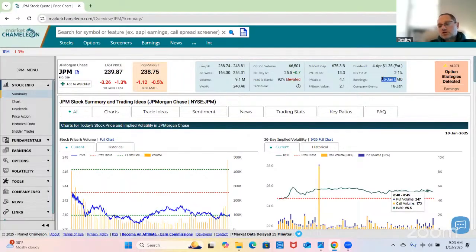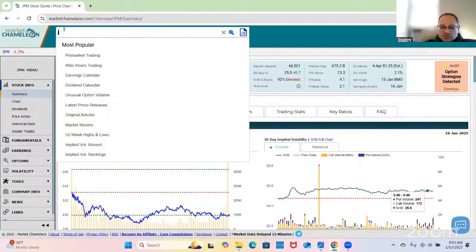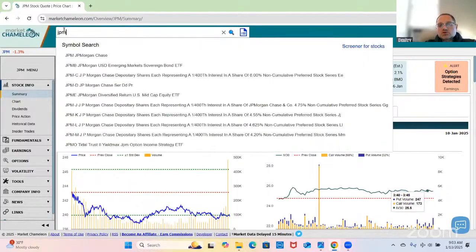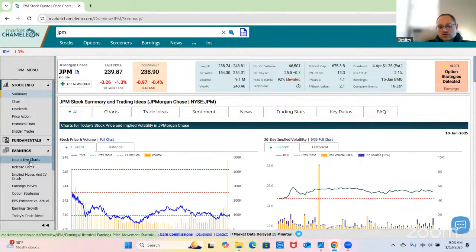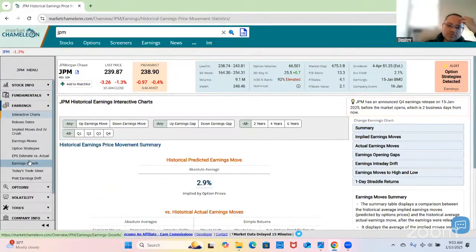So let's start. To get to this page, type in JPM, the symbol, in the search at the top, and when you click enter, you're going to come to this summary page. On the left-hand side, you see this menu. Under earnings, we're going to go to interactive charts. And then we'll come to this new summary page